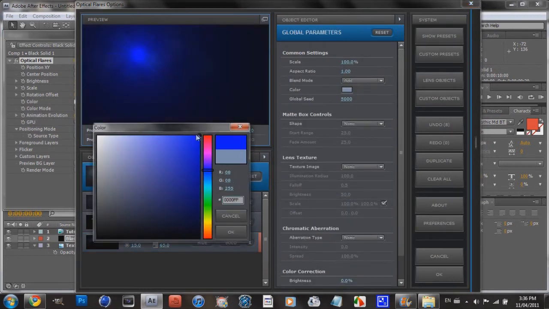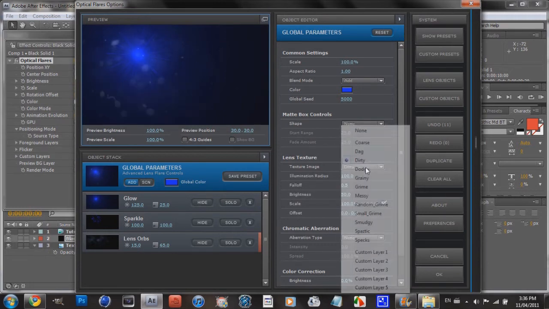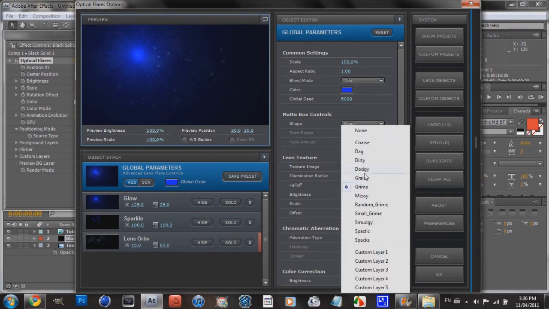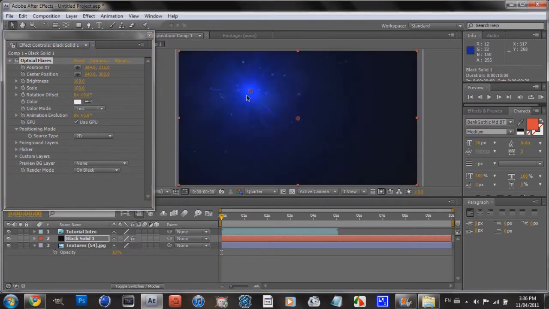Now go to global parameters and change it to whatever color your intro is. So mine's blue, so I'm going to change it to a nice blue color. That's kind of purplish. So here you go. And make sure global parameters is selected, and go to lens texture, go to texture, and there's a whole bunch of them here. You can pick whatever you want. I'm going to choose messy. Click OK. Now drag this up to the top like this,